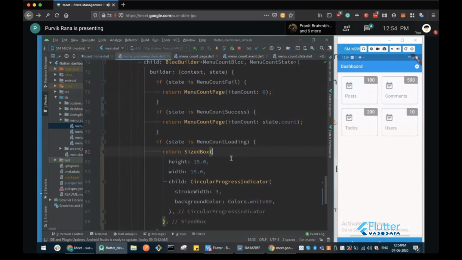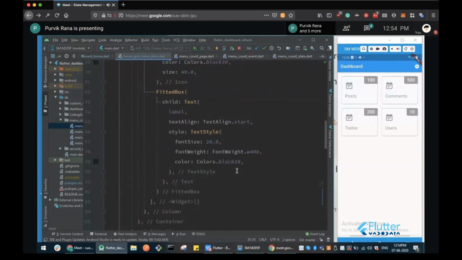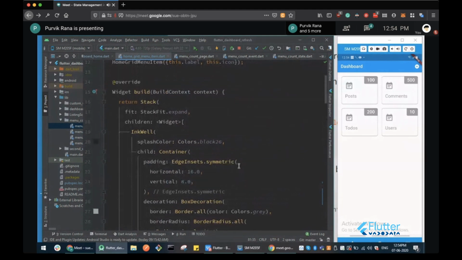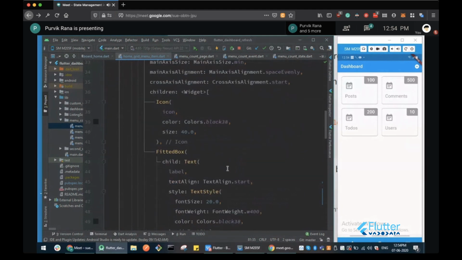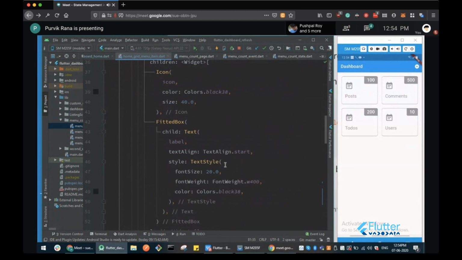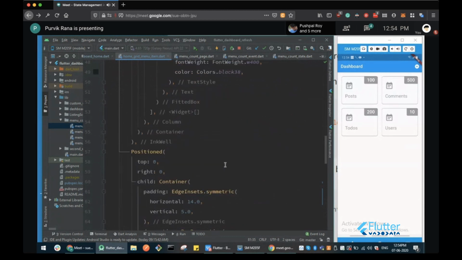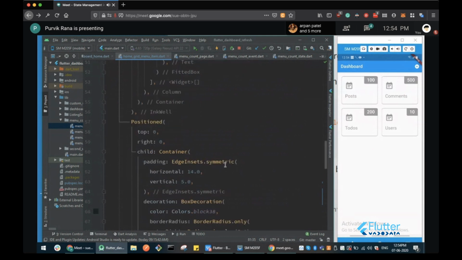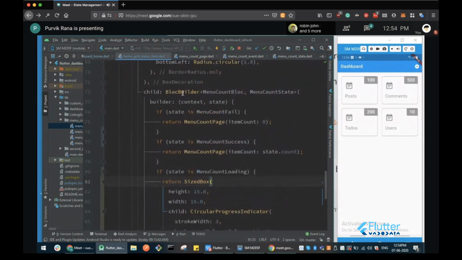And if you want to display some dialogue kind of stuff, just let me ask you, have you not understood about the block builder and provider, how the provider is providing the different blocks, how the events are getting added, how this block builder is working here to change the UI of this particular screen? Now you are understanding, right? If anyone has any questions, they can ask me right now.